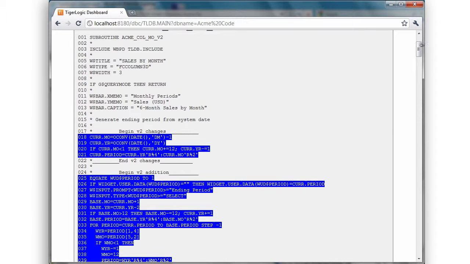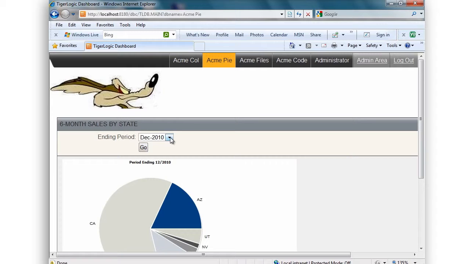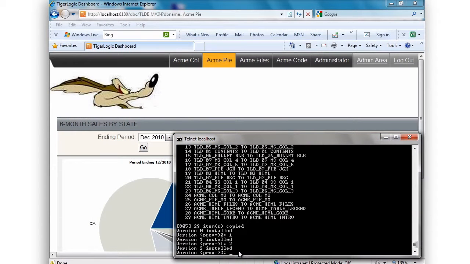So now we have these two charts operating independently. And the first thing the user said was, hey, that's great, but can't I get them on one page because I don't want to have to keep flipping back and forth. So, okay, yeah, that's a good idea. Let's do it. So, on to version 3,